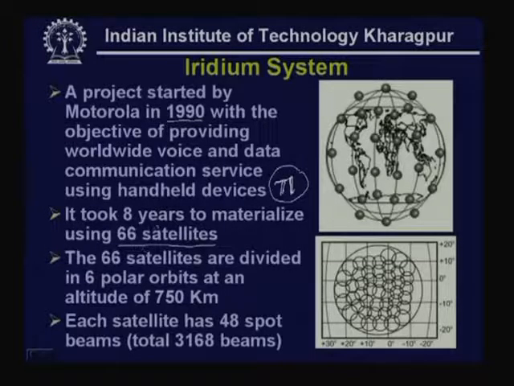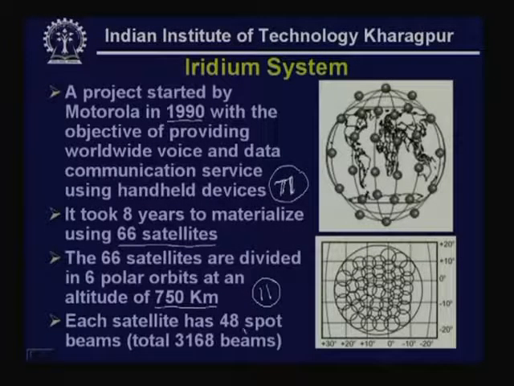So, these 66 satellites are divided into 6 polar orbits. So, you have got 11 satellites in each orbit. As you can see, each orbit has got 11 satellites, and you have got 6 orbits, 1, 2, 3, 4, 5 and 6. So, you have got 6 polar orbits rotating around the earth at an altitude of 750 kilometer, which is not far away from earth's surface. And in each orbit you have got 11 satellites,